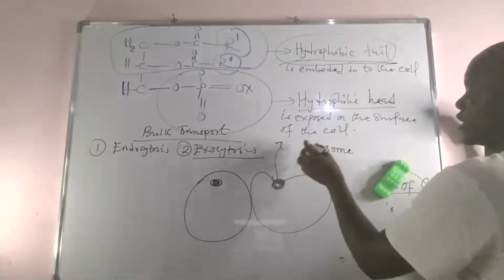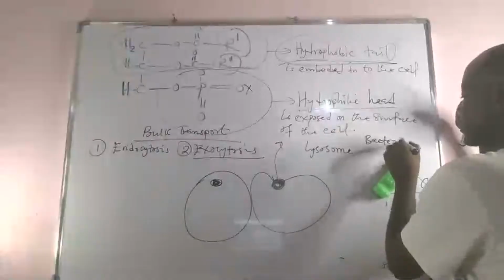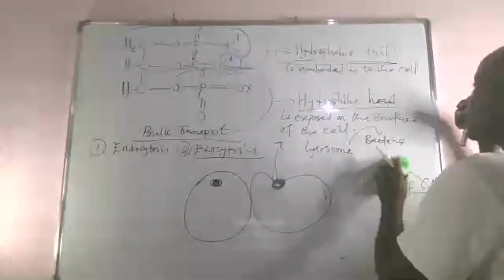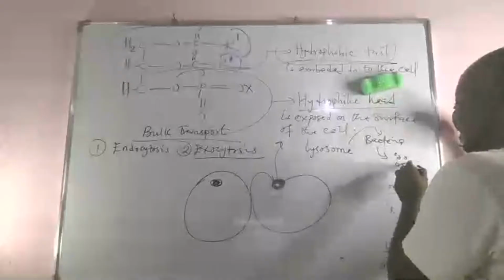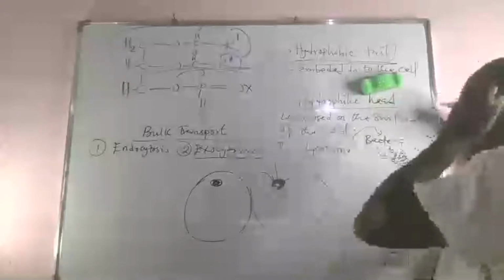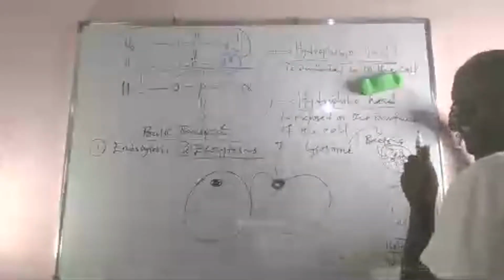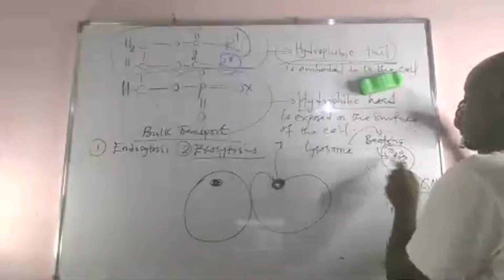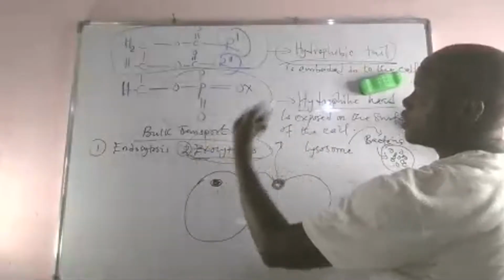So when maybe a cell is infected with a bacteria, these lysosomes will degrade the bacteria. The bacteria is a larger particle, it's a bulk molecule. So the removal of these debris or cellular debris of bacteria outside the cell is a typical example of